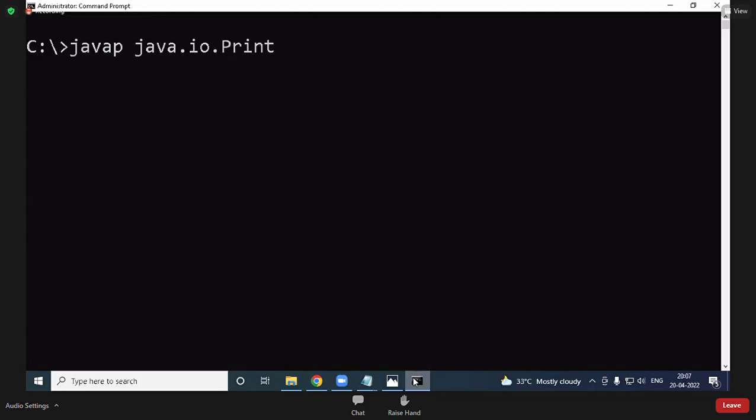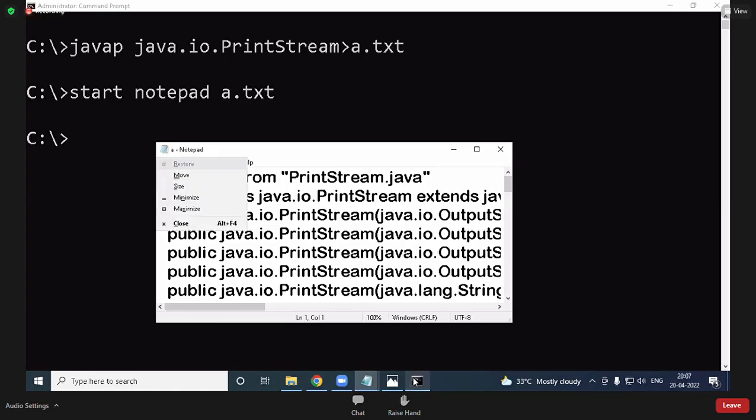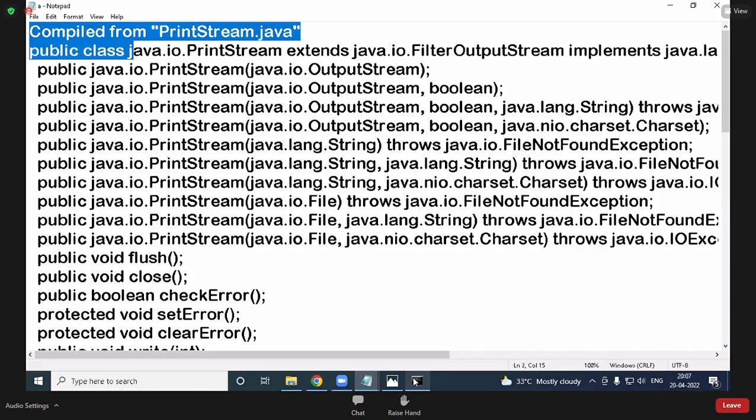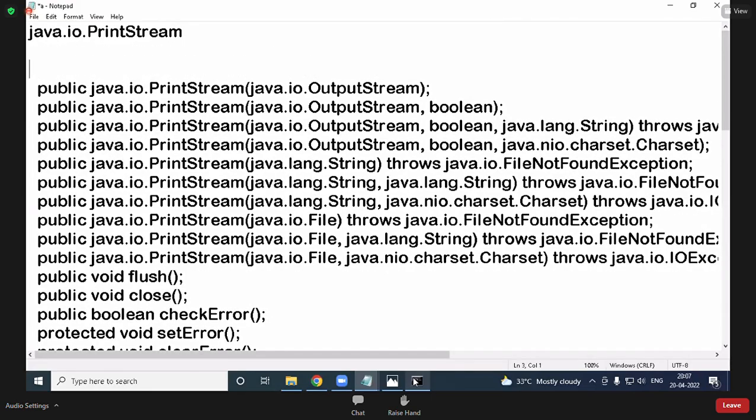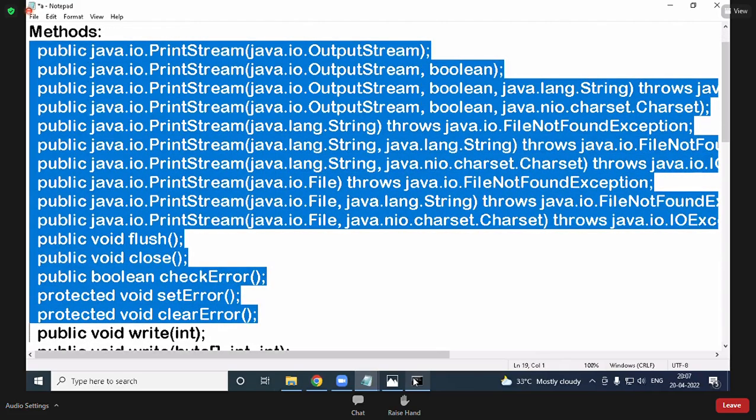java.io.PrintStream. In this class, 19 methods are there.